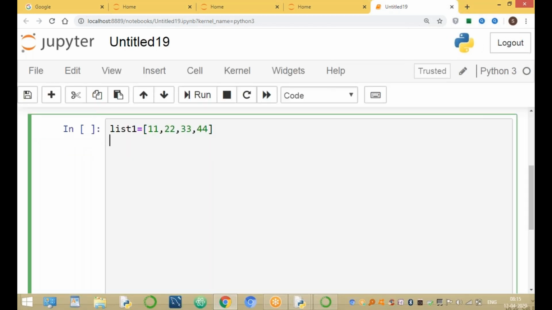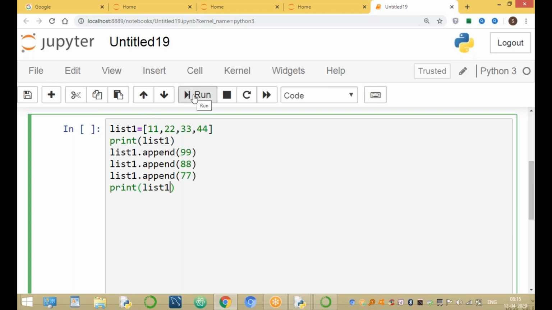Print list one, any name either X or Y or Z. Then list one dot append of 99, list one dot append of 88, and one more, list one dot append of 77. After insertion, print the values of list one and run the module.